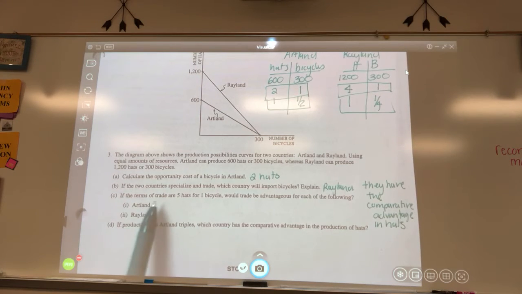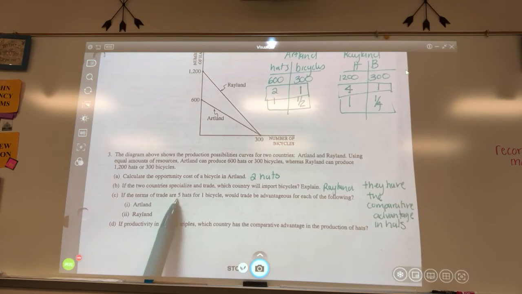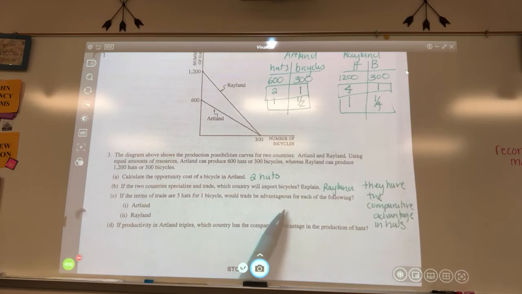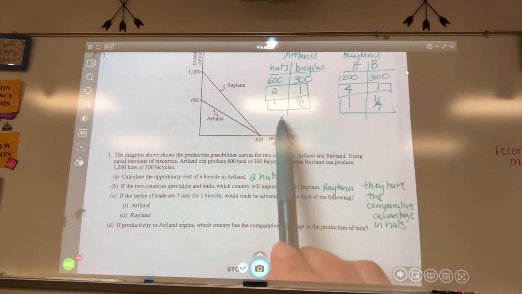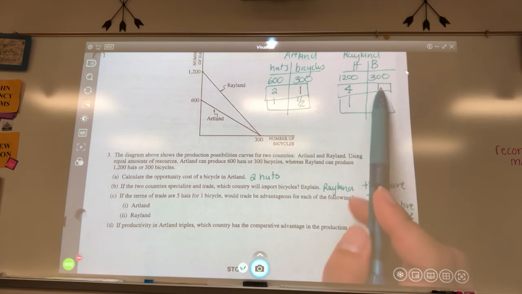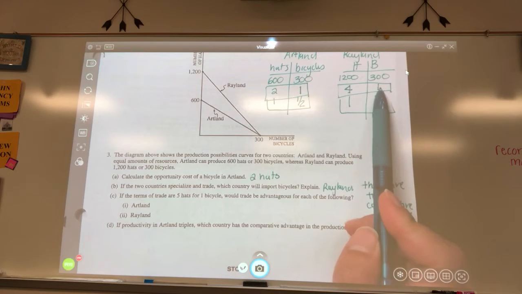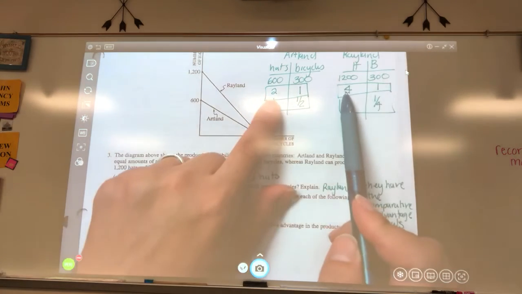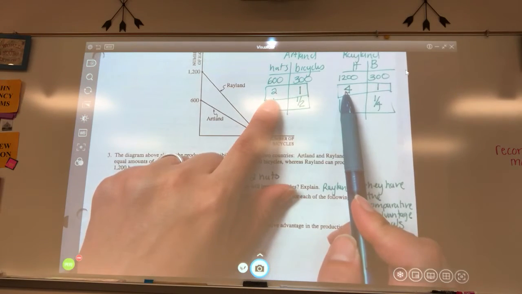The terms of trade are 5 hats for 1 bicycle. Would this trade be advantageous for each of the following? So let's look at Artland. Let's just look at where bicycles are 1. They're going to be trading 5 hats. Is that within these boundaries? No, so